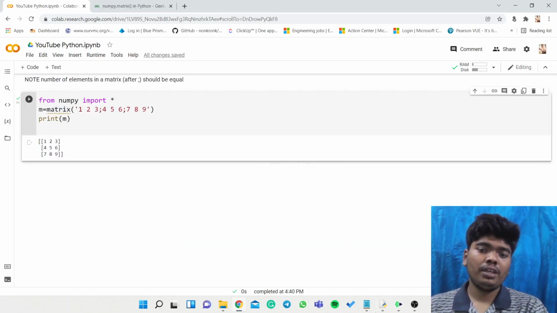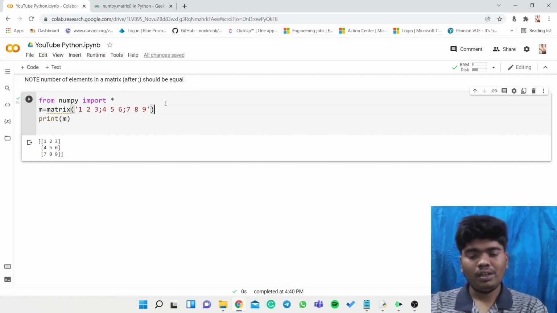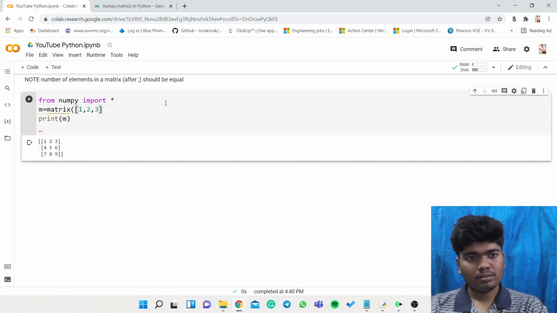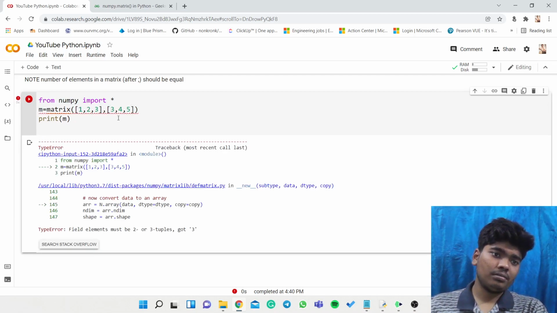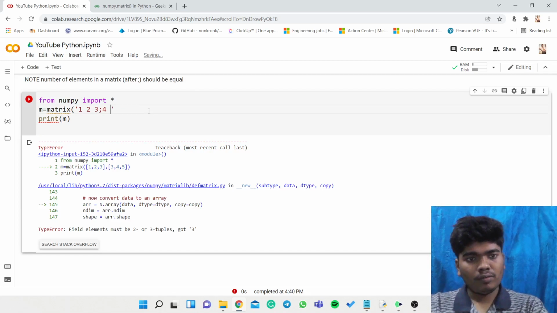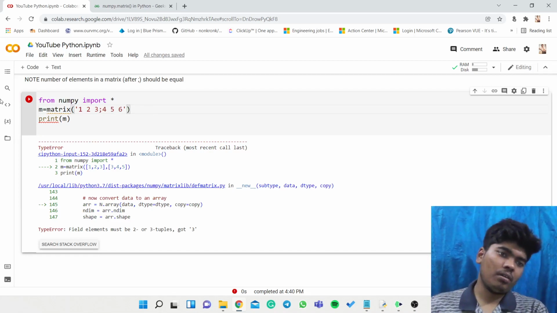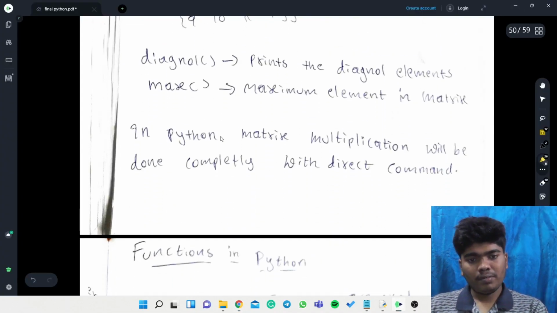So now here we can just see. If we just look, it is storing it as string values. But now if we try to make it a number, 1, 2, 3, 4, 5, and then click on print, it will take only a string value: 1 space 2 space 3 semicolon 4 space 5 space 6 and bracket close. So it will print the value of that matrix like this. In this way we can print that.